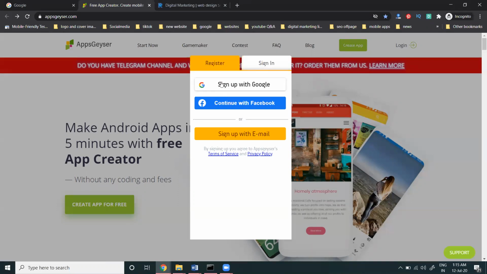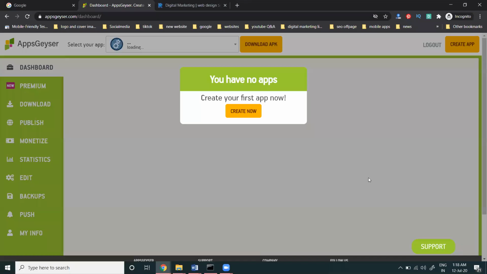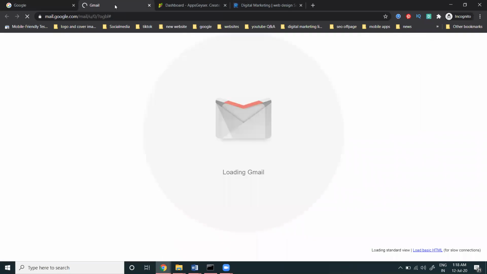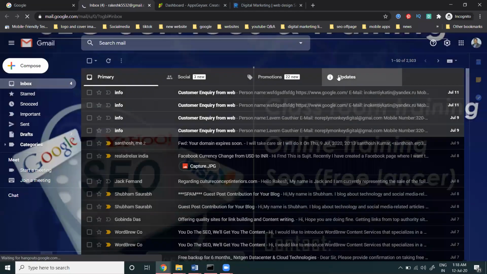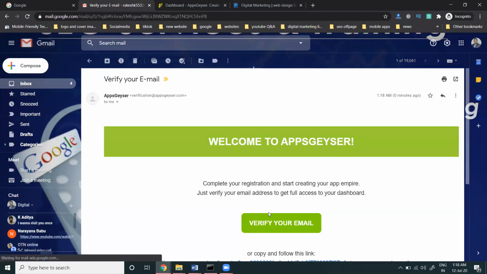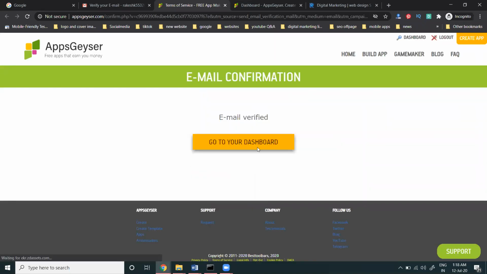First we go to the sign up option. So I go to the sign up option here, and your account is created. Just open your Gmail. We have to verify compulsorily. An email will be received, and you have to verify it here. So here we verify the email address. Verification is compulsory to access your account.